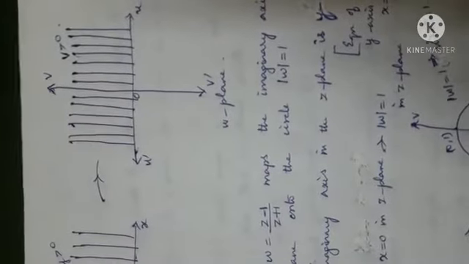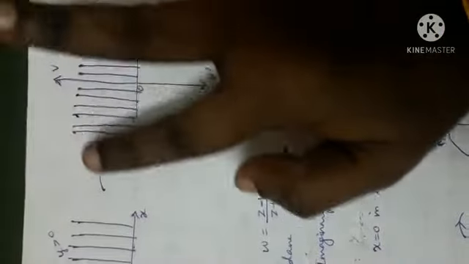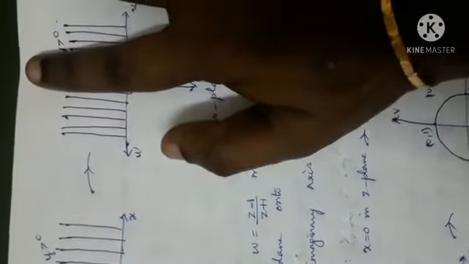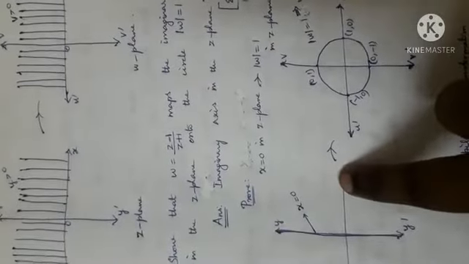Let us show it in a diagram. y is greater than 0 in the upper half of the z plane, and v is greater than 0 in the upper half of the w plane. The upper half of the w plane is v positive. These two vary, but v remains the same, positive. Okay. And the fourth problem is given to us as homework.